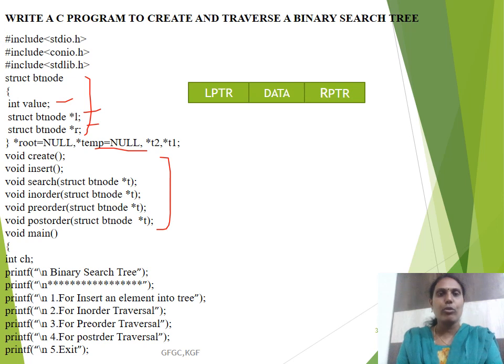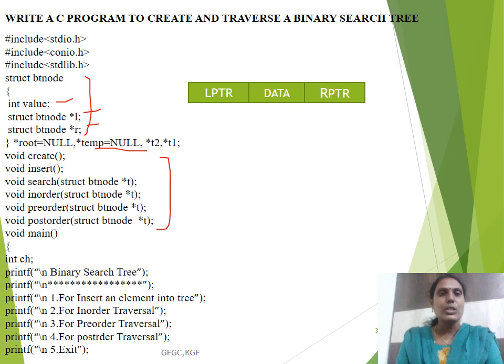Having the idea of linked list representation of a binary tree, let us move on to the program to create and traverse a binary search tree. These are the header files which have to be included in the C program. Next you have the structure of the doubly linked list to represent a binary tree. It is divided into 3 parts: the actual data, the left child address, and the right child address. And these are the variables of the structure with which we are going to access its members.